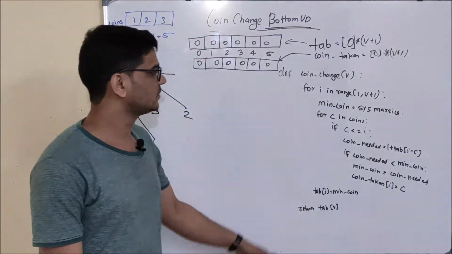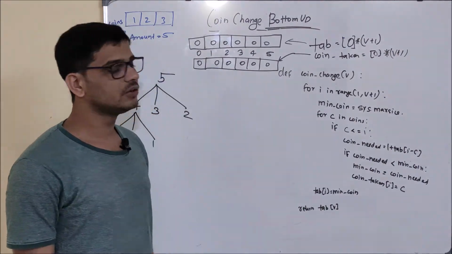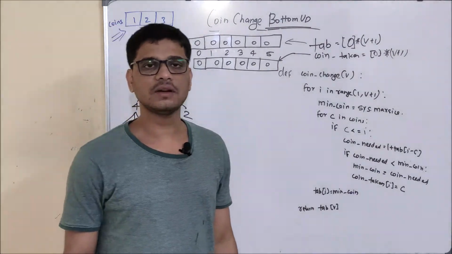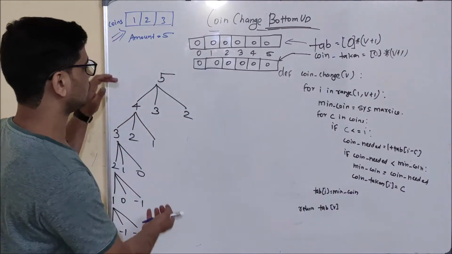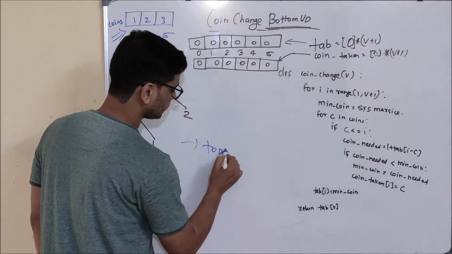So first of all, as you can see here, this is my bottom-up code, and before understanding this particular code we need to understand how we reach this code. To do that, we are going to do analysis on the top-down tree. Basically we are going to check the topological order.